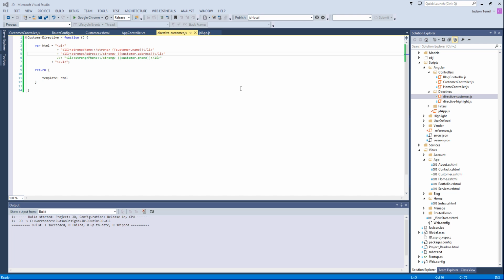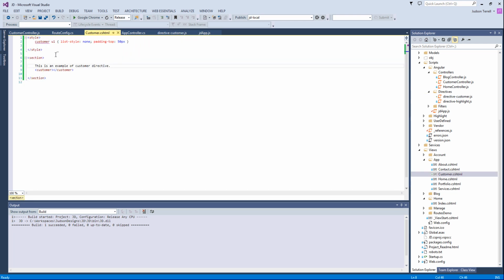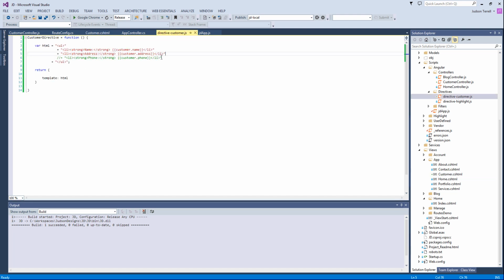So let's just dive right in. Directives in a nutshell are basically a way that you can create custom tags in Angular, and then you assign a directive which will basically render a template or markup. Common uses for a directive would be if you need to display customer information in multiple places throughout a website, and the beauty of it is that you just go to one place like this if you need to update or